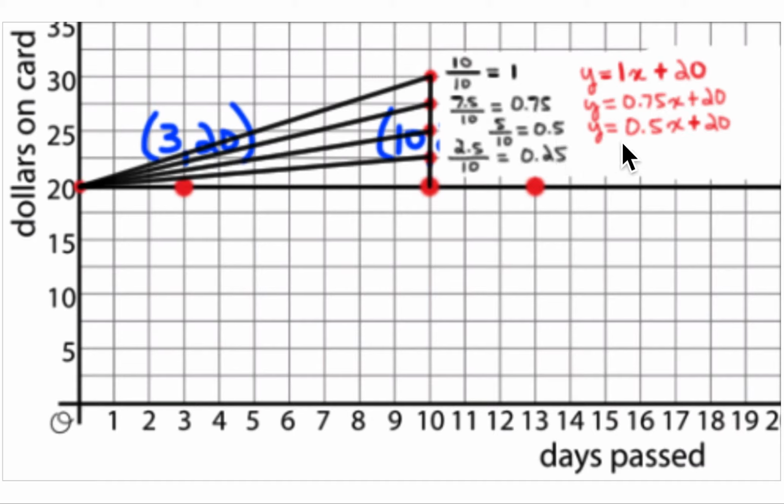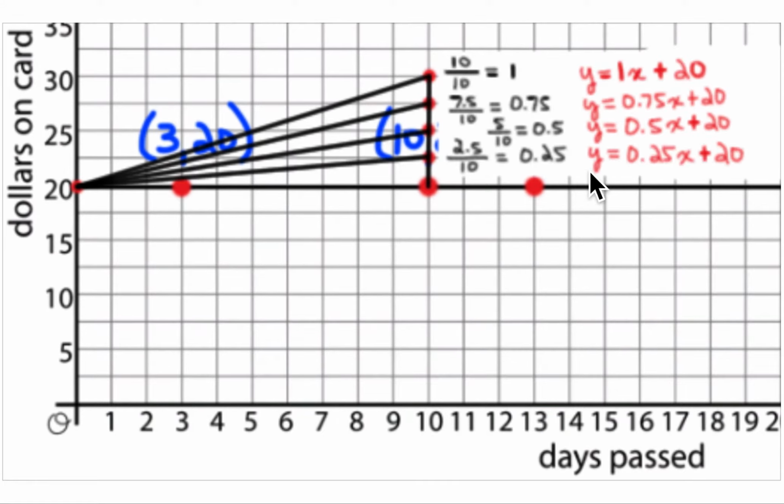What happens if he adds 50 cents a day? Well, this is going to be 50 cents times the number of days. And remember, he always has to add that $20 that he started with. So this is going to be 50 cents a day. Now, notice what's happening to the slope as you add fewer and fewer dollars each day. And so if he adds 25 cents each day, it's going to go up each day. 1 day adds 25 cents. 2 days adds another 25 cents. 3 days. And so you're going to multiply the number of days times 25 cents,